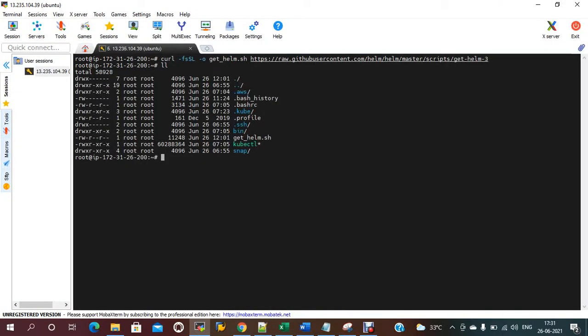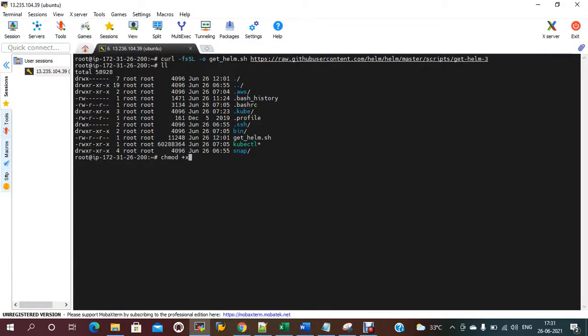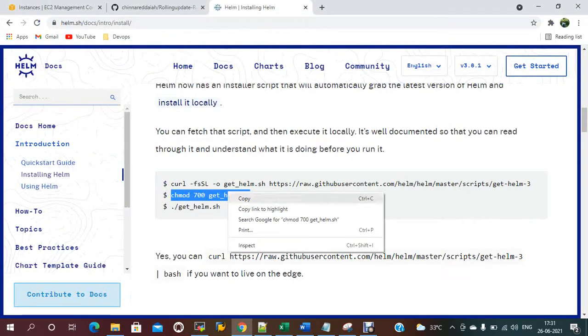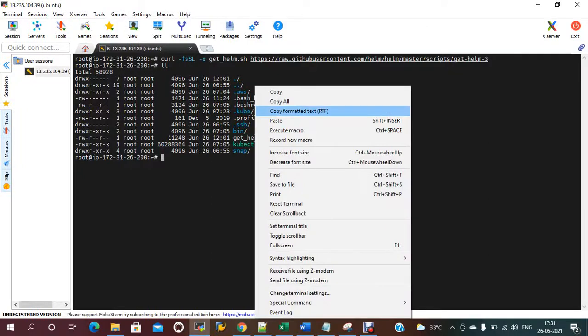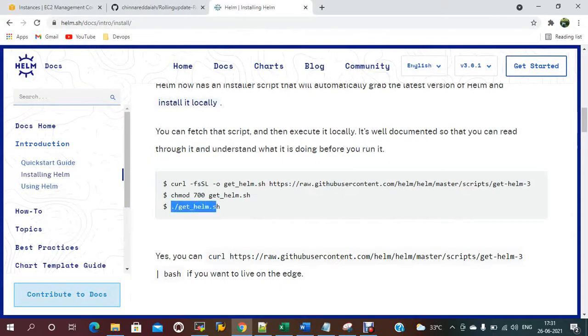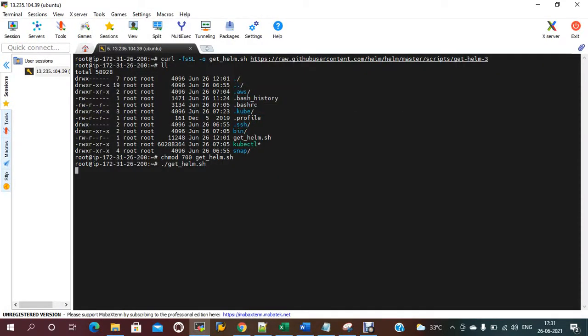First let me give the permissions with chmod. Through the script I'm installing. Now if you check the Helm version,